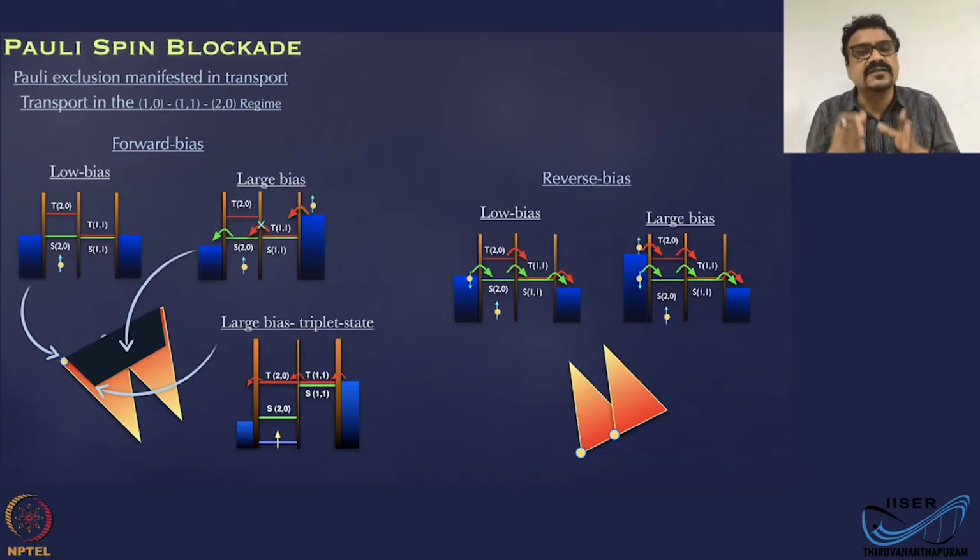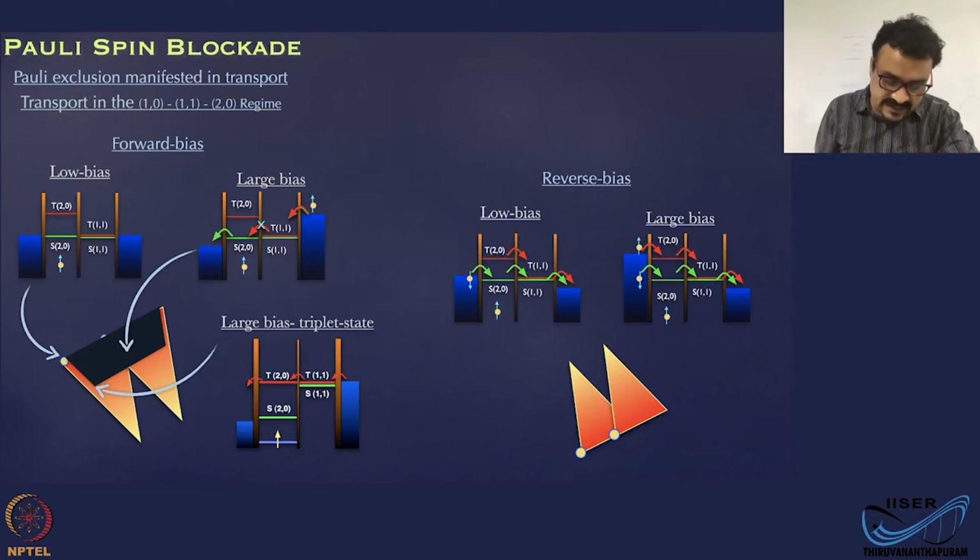Let's discuss this charge configuration now. Okay. So we have the 10, 11, 20 regime. What that means is one of the dots always has the electron. There is one extra electron all the time in one of the dots. In this case, only dot 1, that is the left dot. And that is represented by the single spin here. Okay, now this is dot 1, this is dot 2, and